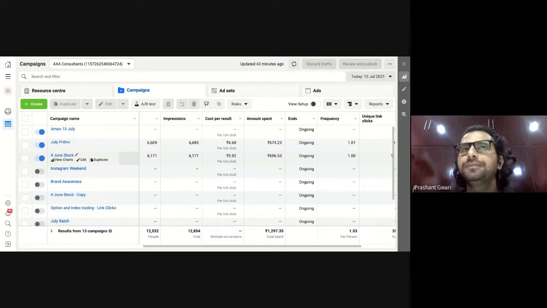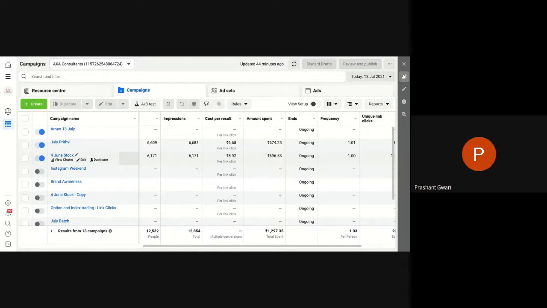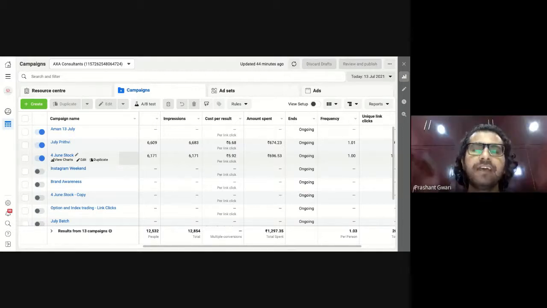Now remember, when we learn about social media marketing theoretically, a few points are mentioned: to create a social media marketing strategy, you first need a goal or an objective, what you want to achieve from the campaign. Your goal can be brand awareness, website traffic, lead generation, or return on investment.